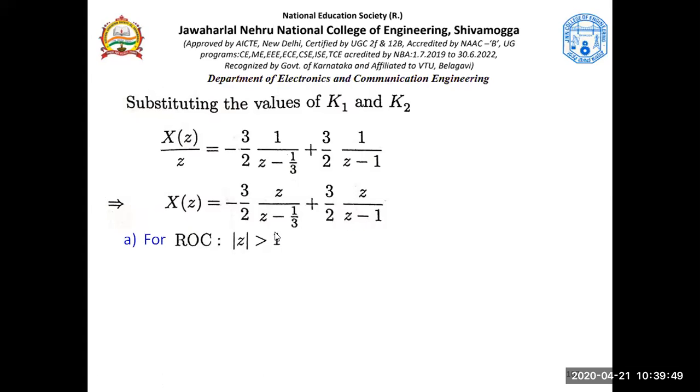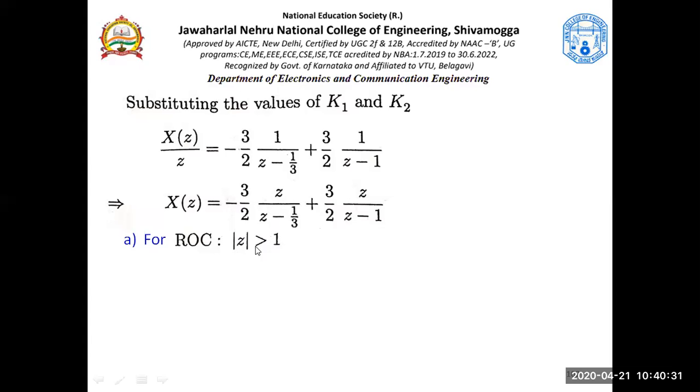Okay, why have they given Z greater than 1? See, there are two poles, one at Z equal to 1 by 3, another one at Z equal to 1. So 1 by 3 and 1 are poles. We call them roots, right? They are roots of the quadratic equation. Roots of the quadratic equation are actually the poles of x of z. Okay, and the greater pole, the pole with the higher value, is 1. Greater magnitude is 1, and the ROC is saying it is outside the circle with radius 1.